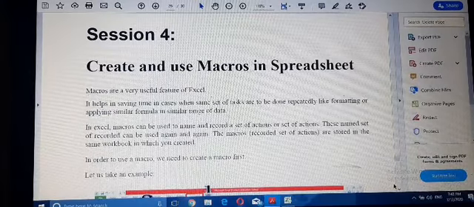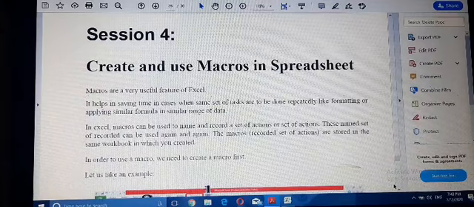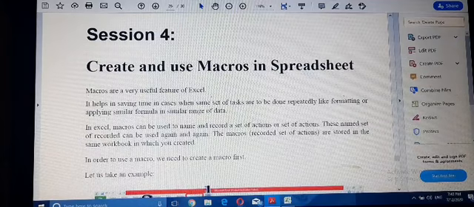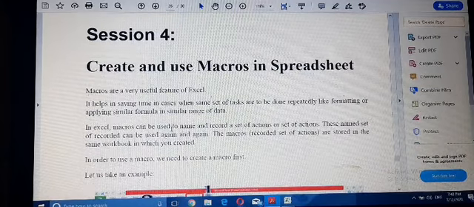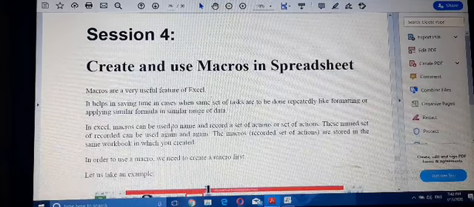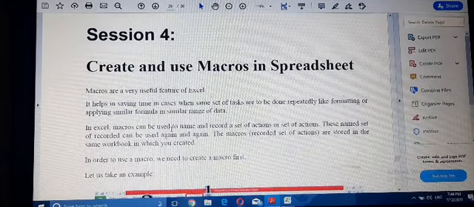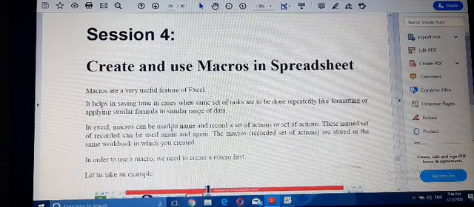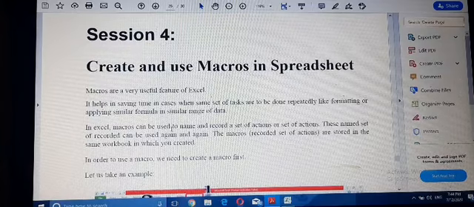Next section is create and use macros in spreadsheet. Macros are actually a feature of MS Excel which can store the keystrokes you use in MS Excel and can be run later.